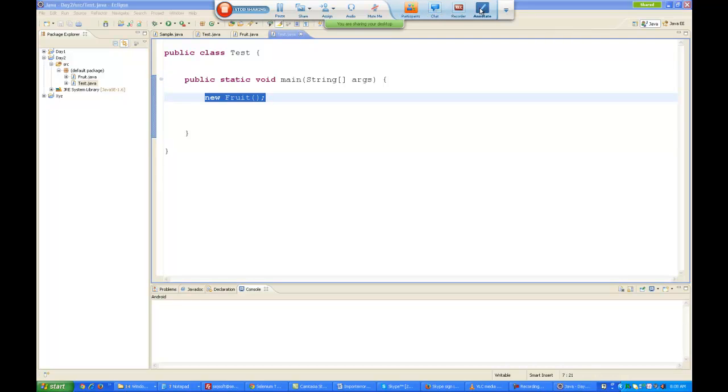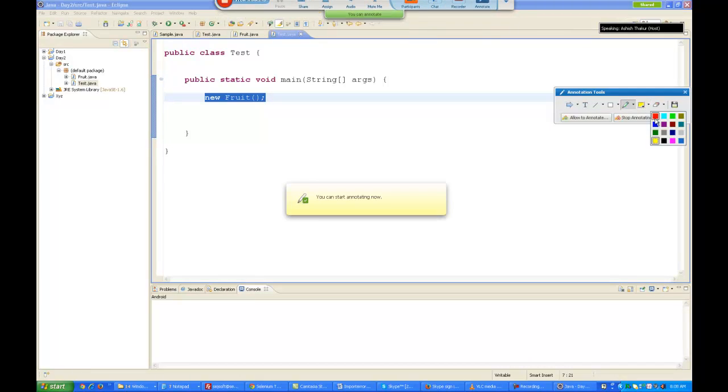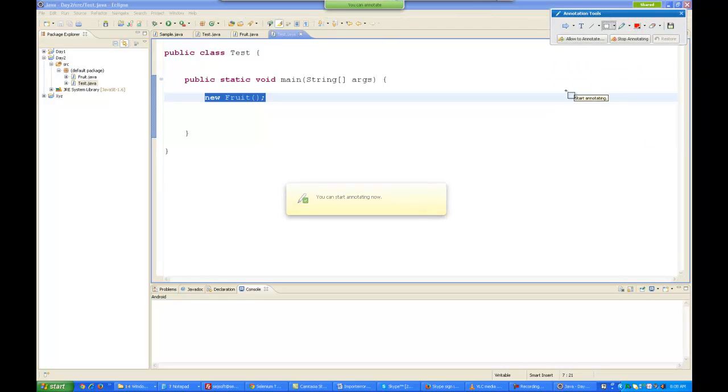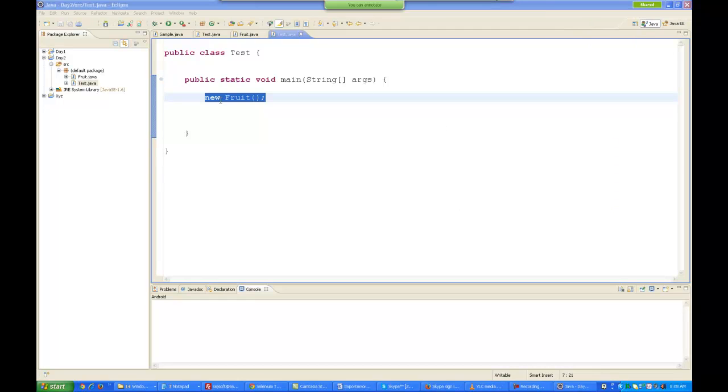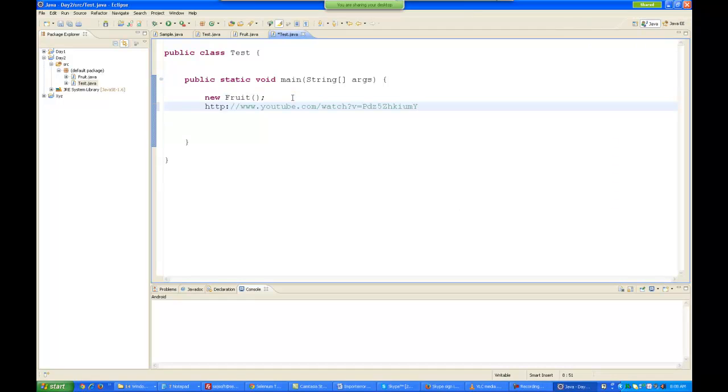Technically, what happens is that in the memory an object is formed like this, a fruit object. Gangaram, I'll increase the font size, hold on. And that object has got two properties, name and price, in it. Similarly, if I write new Fruit two times,